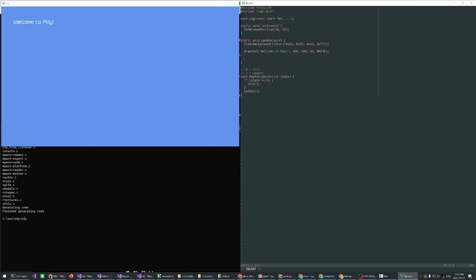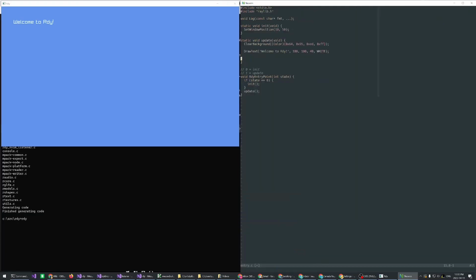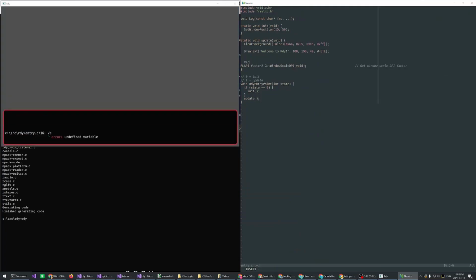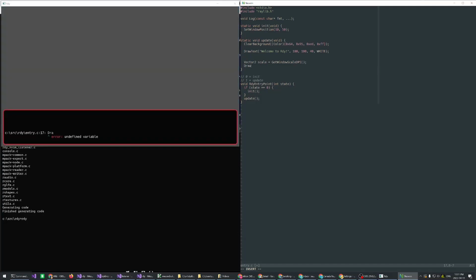So I was actually wondering what the scale of my window is when I started setting up OBS. I'm just going to check that. So as an example, let's get window scale DPI. So there's no debugger either yet, but maybe someday. But if you didn't have a debugger, but you had code easily change, you could do something like this mess that I'm getting over here. It's not updating quite quickly. I think it's OBS. But then you could just do draw text